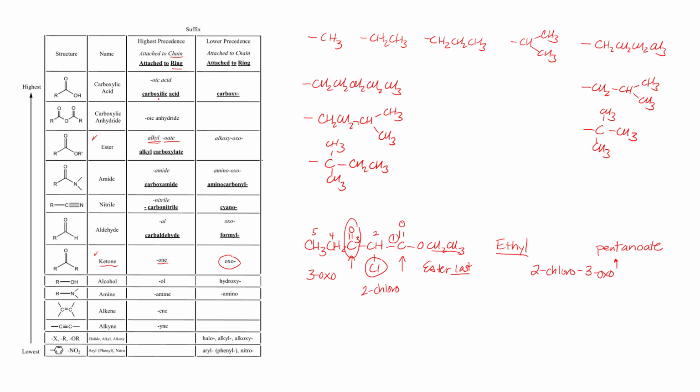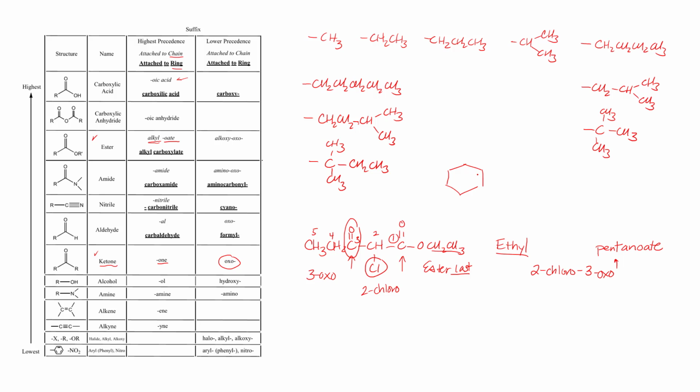So that's how we use this chart in order to do that. The italicized regular typing without the bold is what happens when it's attached to a chain, and then sometimes we switch the name when it's attached to a ring. So if we wanted to do a ring, for instance, I might have something like this,